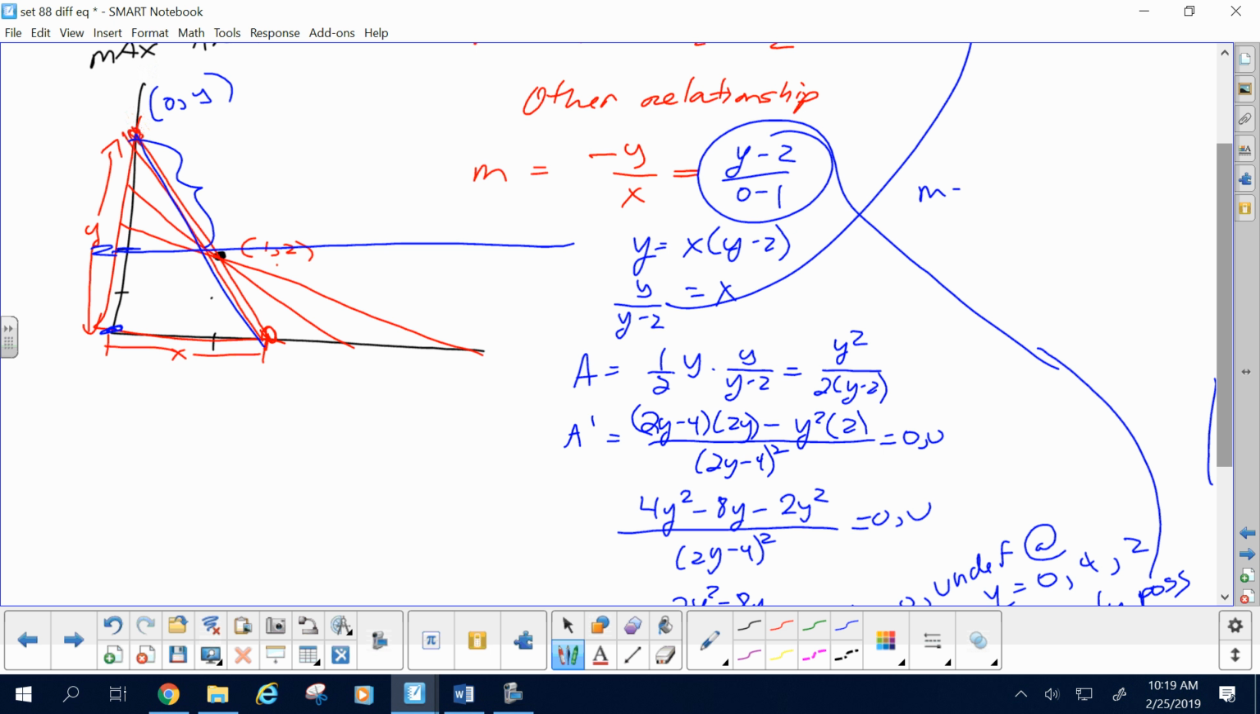The slope is y minus 2 over negative 1, and it must be